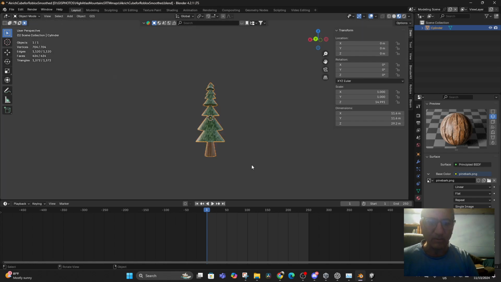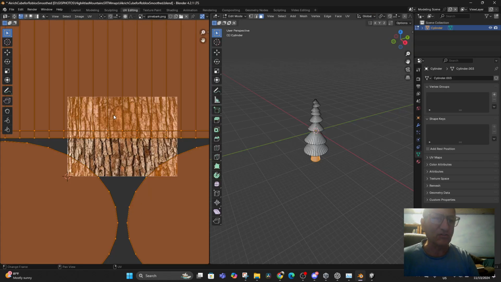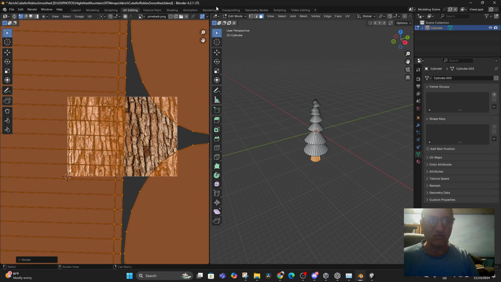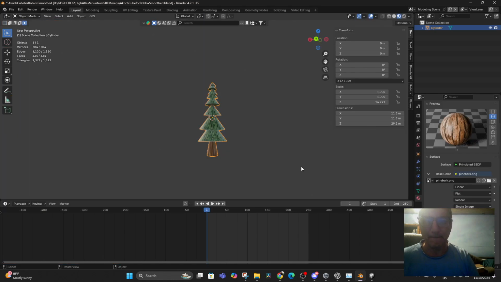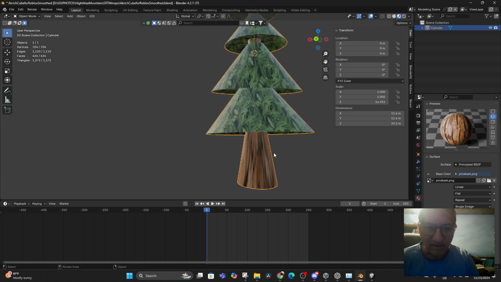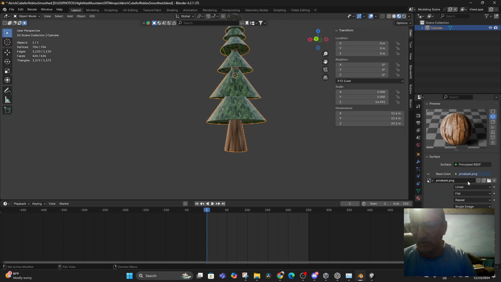You know, it's probably facing the wrong way. So what if we rotate this and try that? It's a little bit better. The blur factor could be because we're doing it linear. I don't know if we do it closest or we do it smart. Doesn't change anything. Do it cubic. Doesn't do anything. So that all isn't